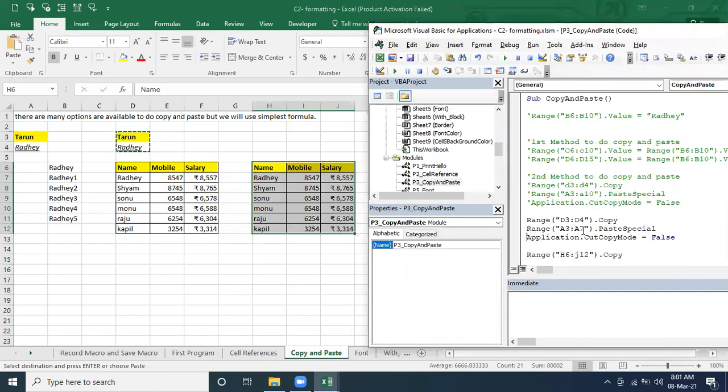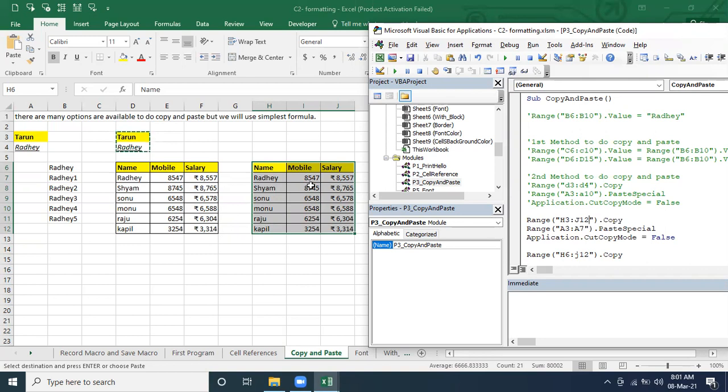So if you are going to pick 3 by 7, then it's going to paste at one place. And if you are going to pick 3 by 8, then it's going to paste one place only. If it's an even multiple, 3 by 14, then it's going to paste twice. Correct or not? So we are going to do it for this one, S3 to J12.